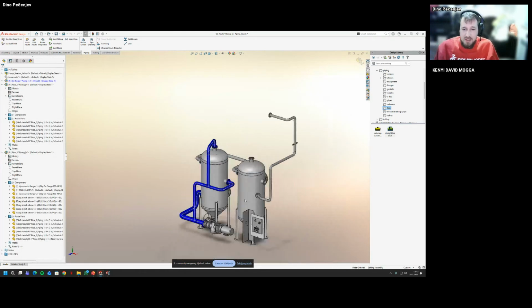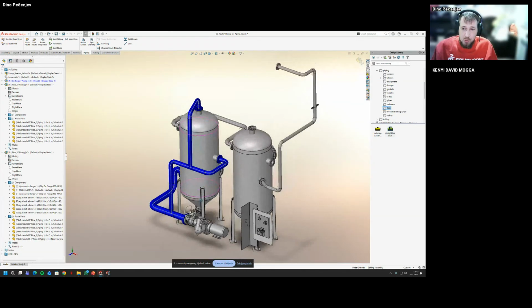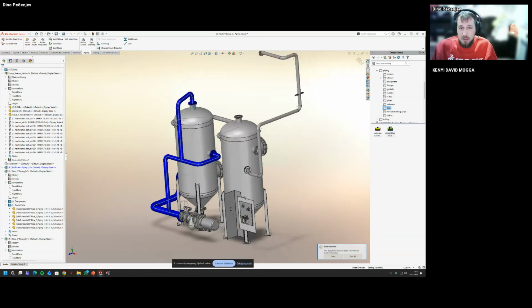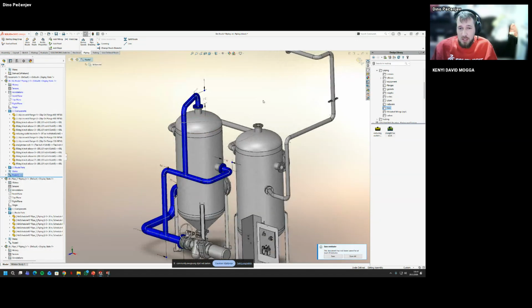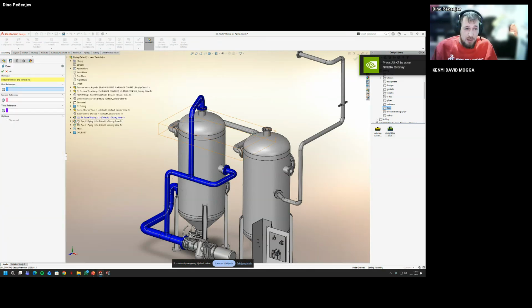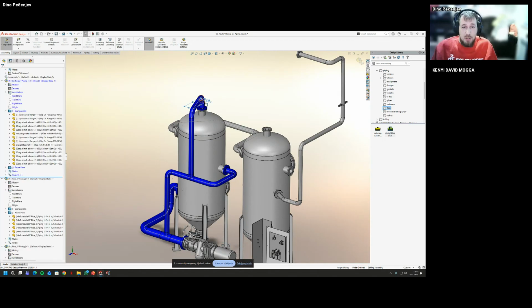So for the next route, we're going to go from here to here as a separate route, but we want to use some of the relations so that when we change this part of the route, the height also changes here. So I'm going to do a simple thing, just add a plane relation here. We're going to do it on the top plane to here, and I'm going to say that it's parallel. So I can utilize this plane for later use.